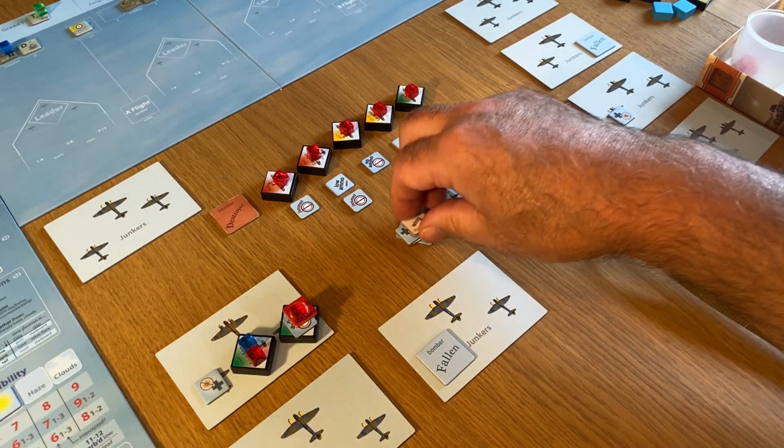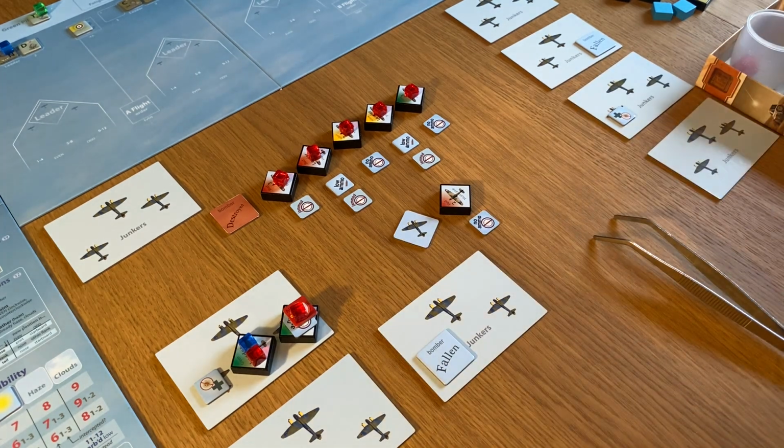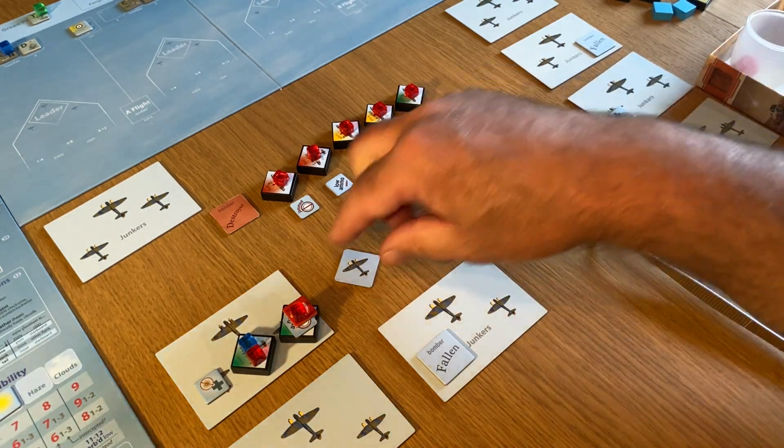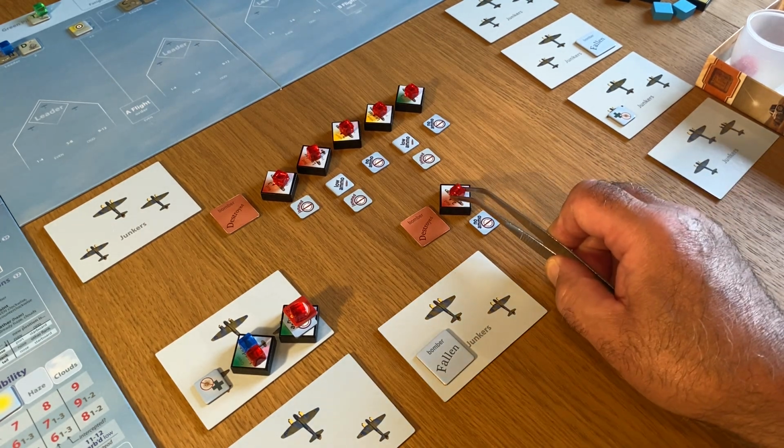This then takes its last hit. Dorsal gunner one takes its last hit, and is that the right back? Yeah. Let's get another damage. Destroyed marker out here. So that was red 2, who is...